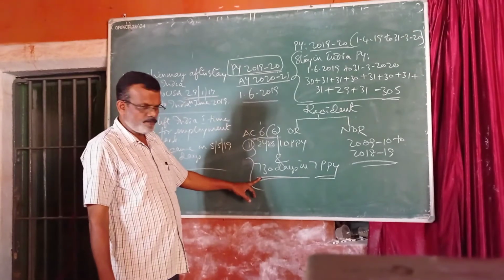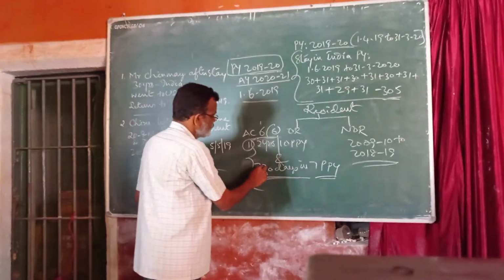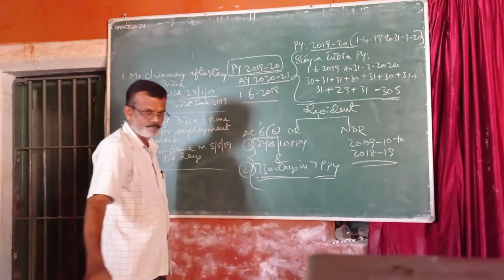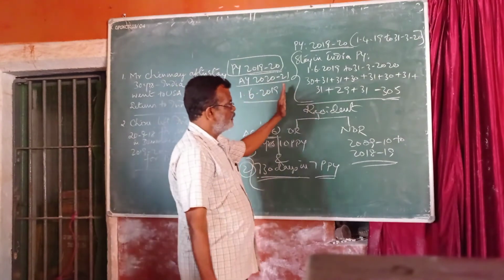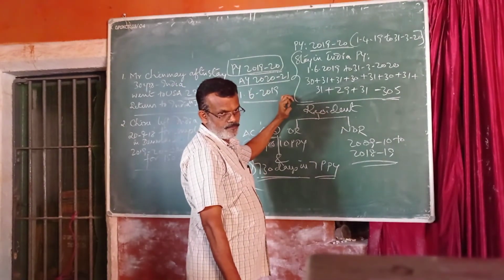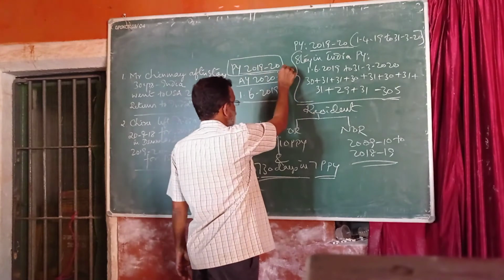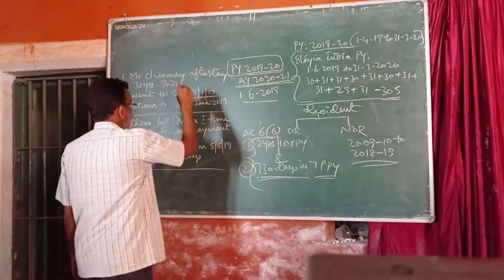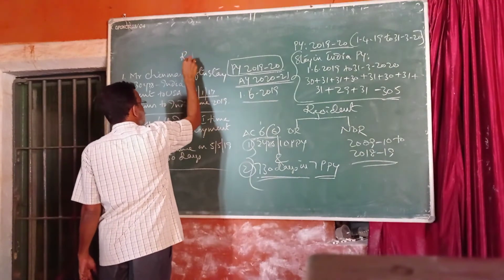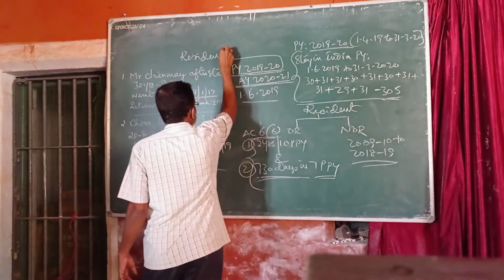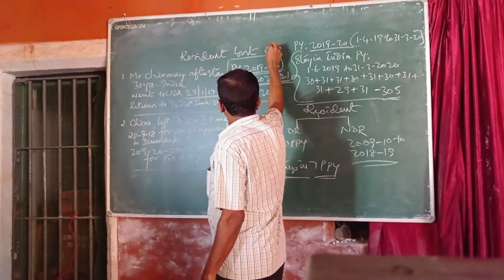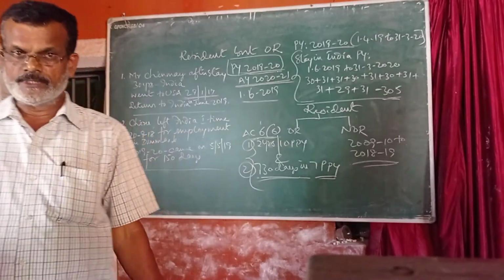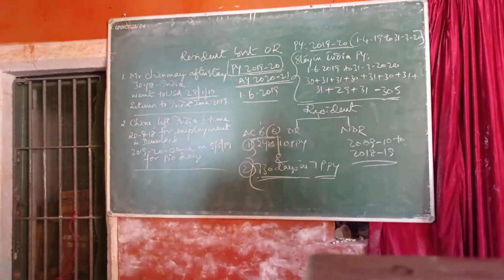If he stayed in India continuously for 2 years, this condition is satisfied. So both of the additional conditions are satisfied in addition to the basic condition. Hence, for the previous year 2019-20 relevant to the assessment year 2020-21, Mr. Chinmay is a resident but ordinarily resident.